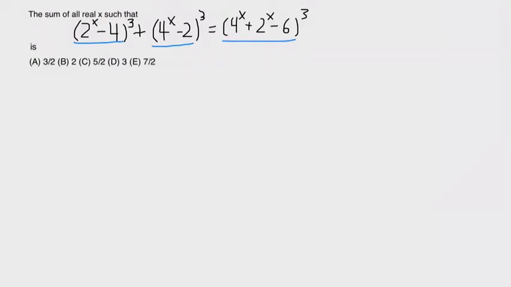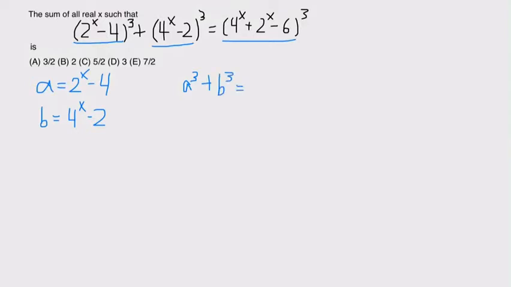So let's just say a = 2^x - 4, and b = 4^x - 2. Okay, so then we can rewrite the whole equation as a^3 + b^3 =